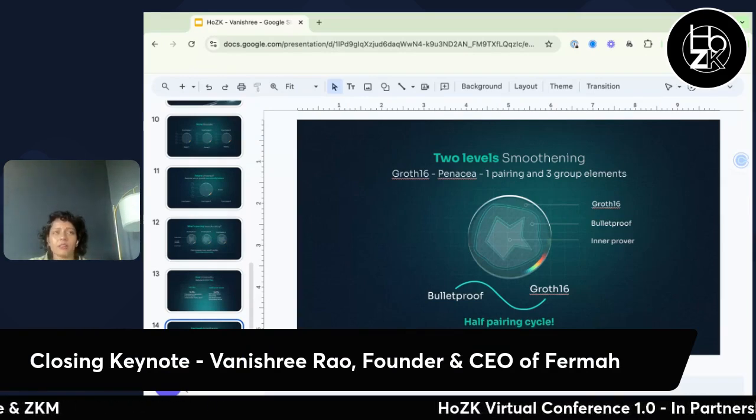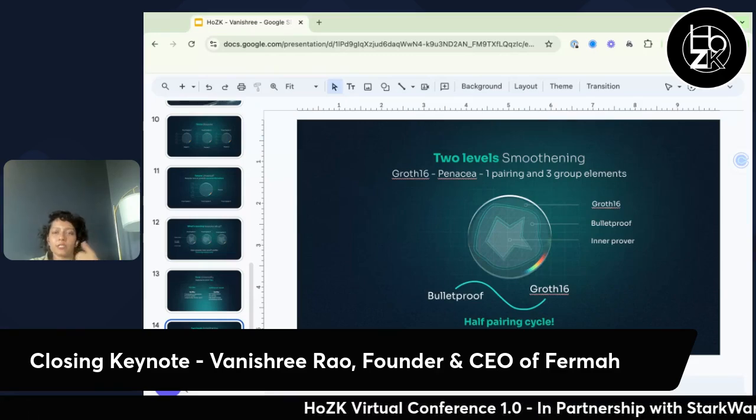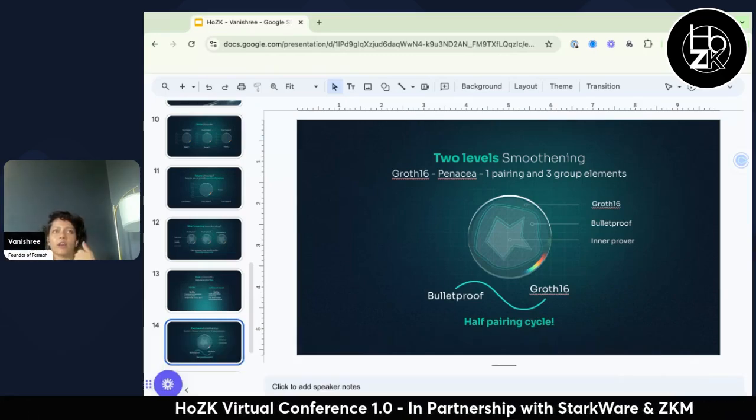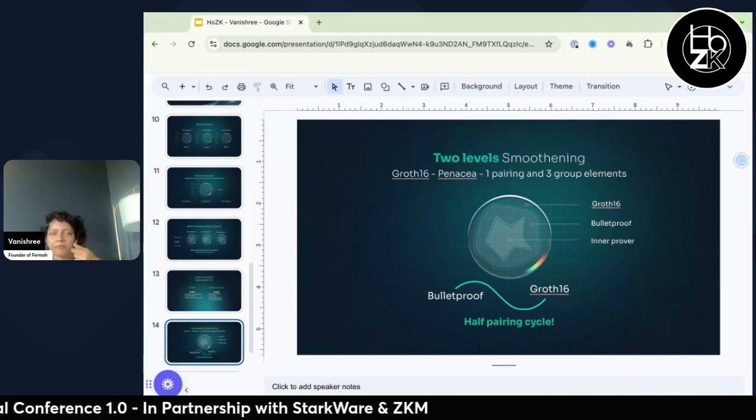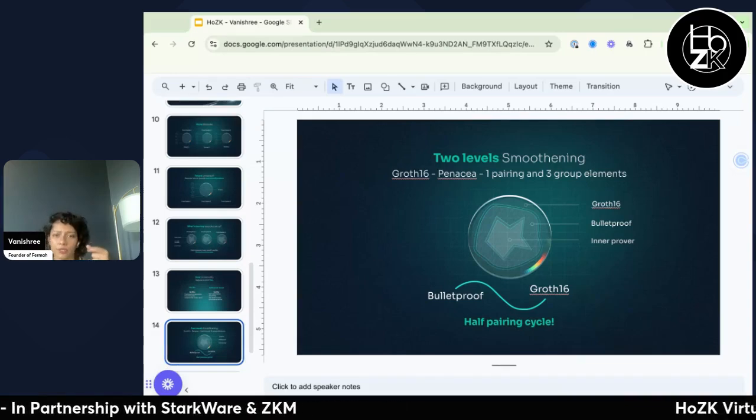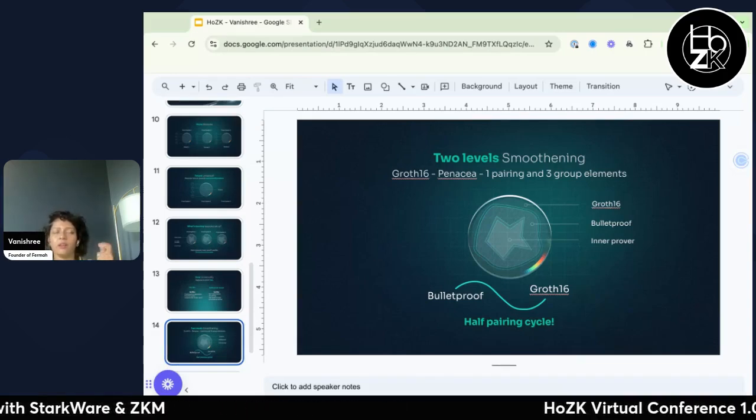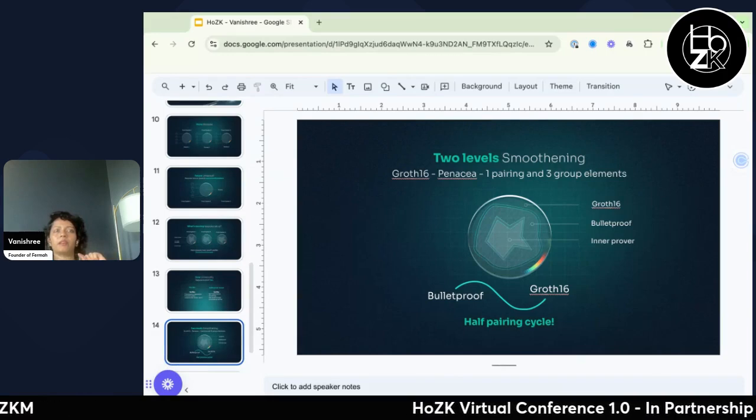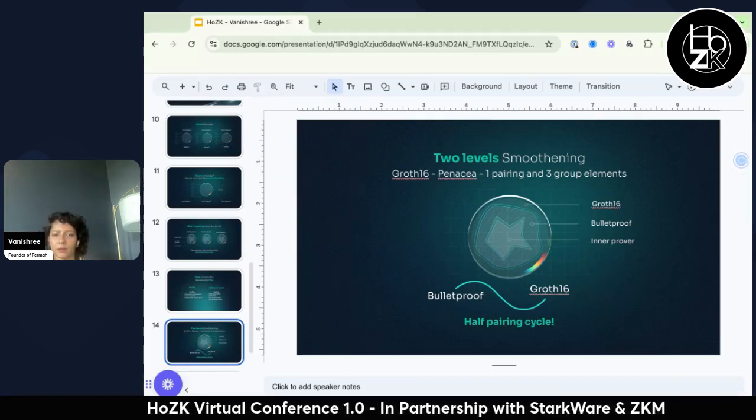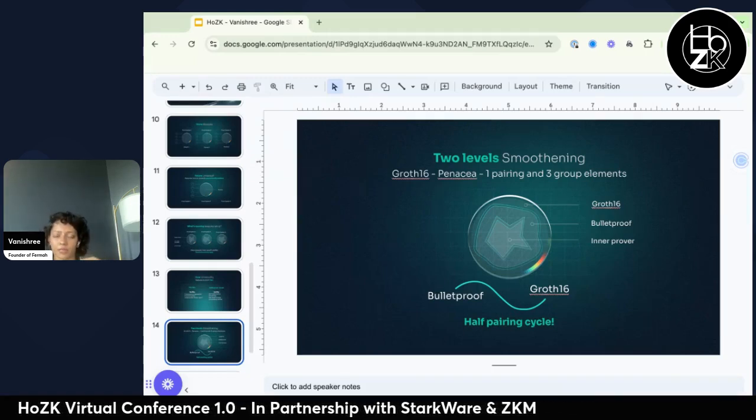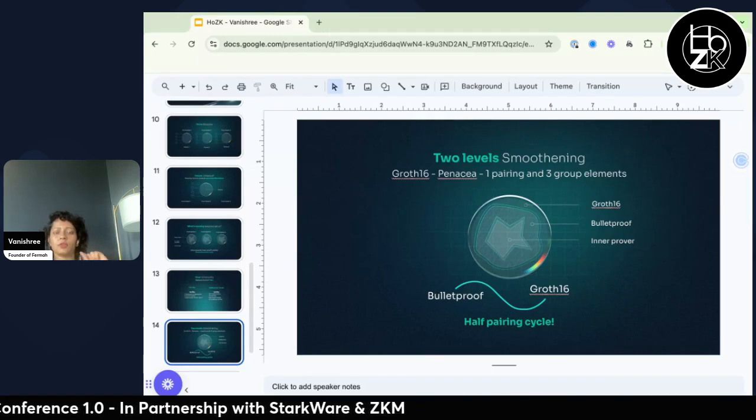Here is an approach. Instead of doing one level of smoothing with Groth16 around the inner prover, let's do 2-level smoothing. If you do 2-level smoothing, why could it work? The second level can be with a Bulletproofs-based proof system, and then the final one can be Groth16. So when you do something like that,